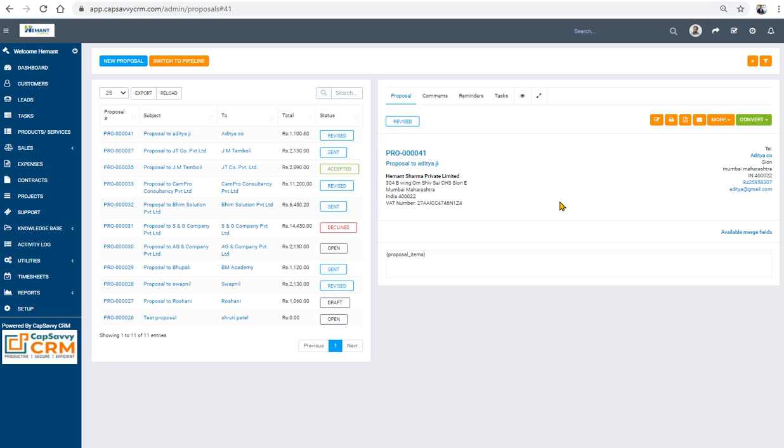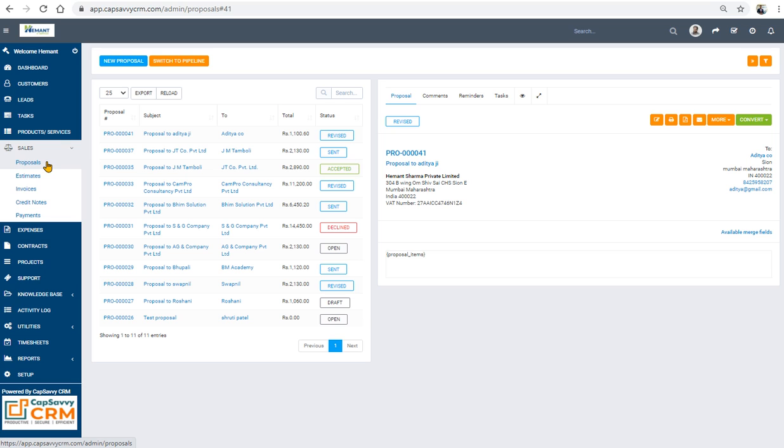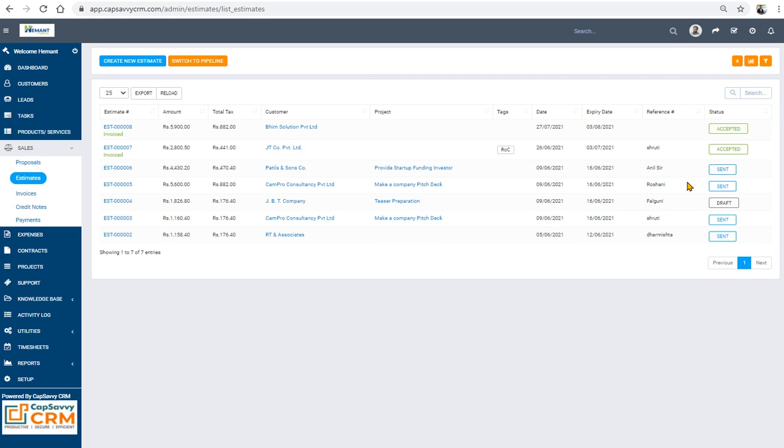You can have your logo, you can have the entire text here, or how it should look in a normal way. Once the proposal is there, then you send the estimates. If I want to send the pro forma invoice and they have accepted it, you send the estimate. And there is an option of accepted, or you have just sent, or the draft stage, everything is there.